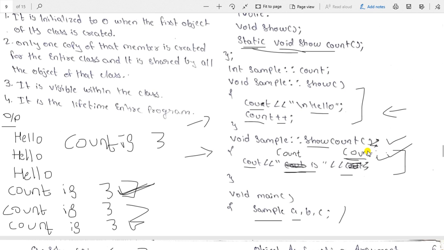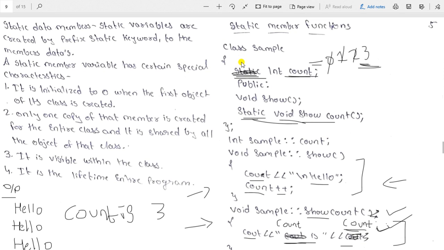It will give an error. We can print here only static members, so that's why we have put static here. I hope you have got this.